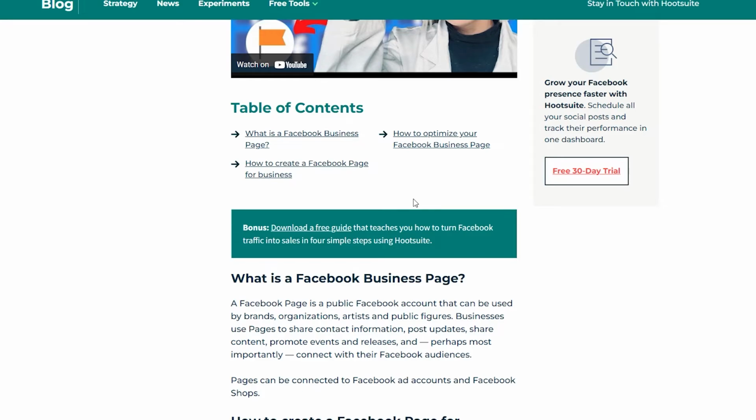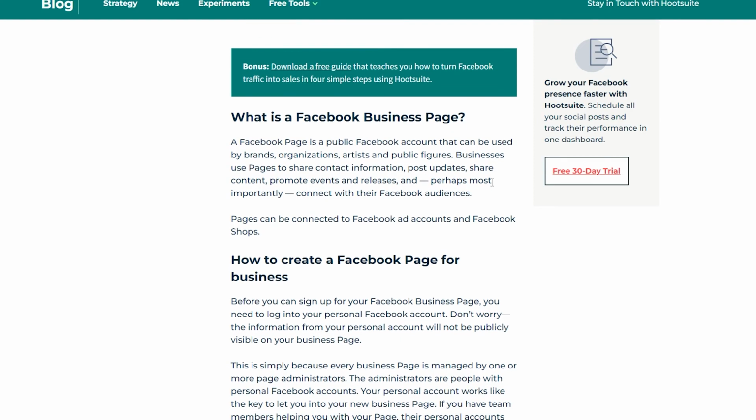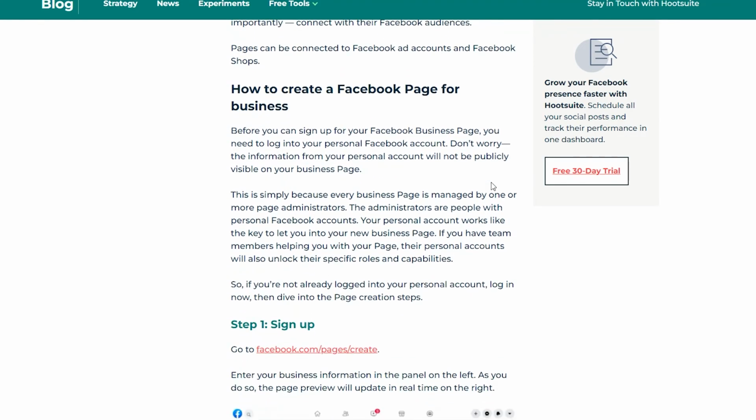So what is a business page? A Facebook page is a public Facebook account that can be used by brands, organizations, artists and public figures. Businesses use pages to share content and information, post updates, share more, and perhaps most importantly, connect with their Facebook audience. Pages can be connected to a Facebook ad account and Facebook Shops. How to create a Facebook page for business? Before you can sign up